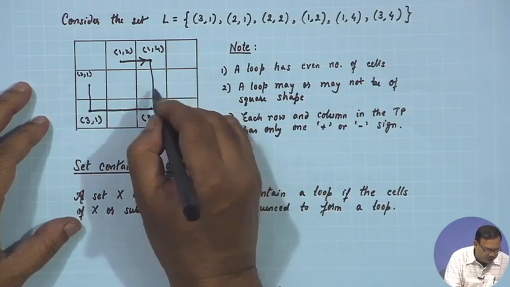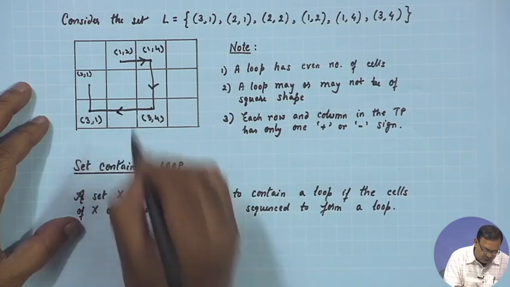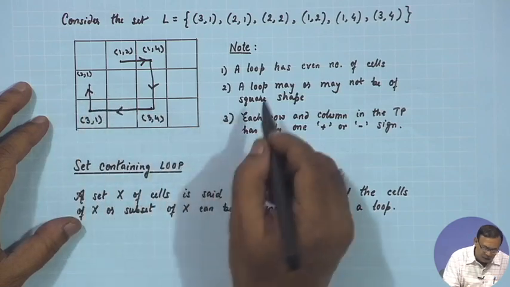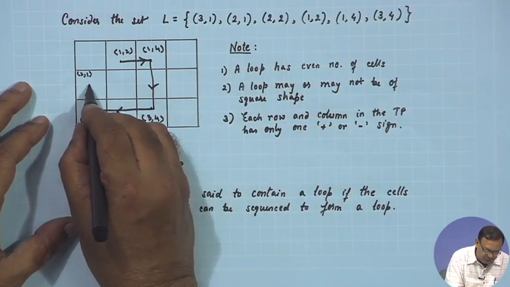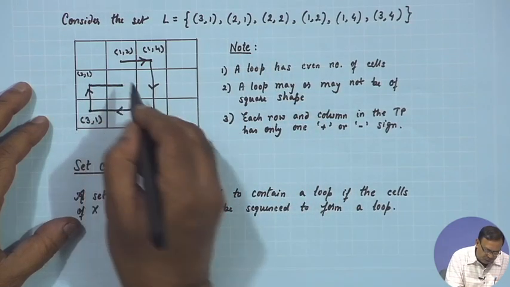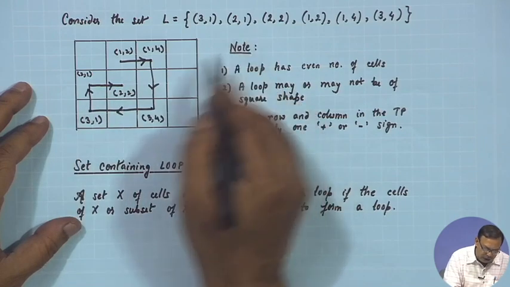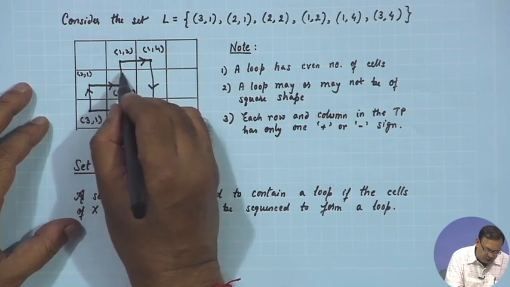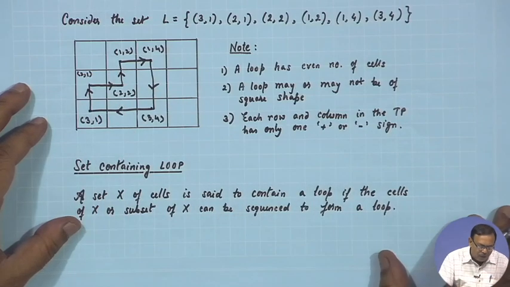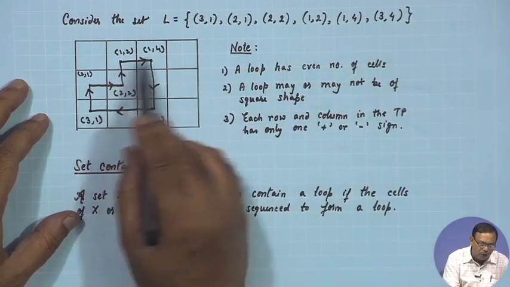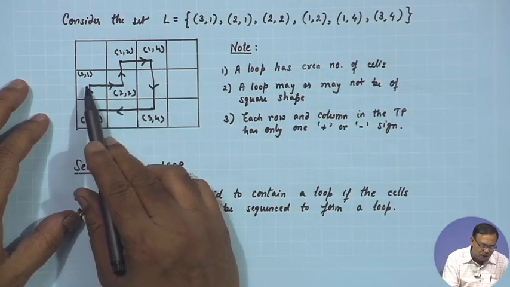So, I am following this arrow in this way. After that, I am going to 2 1, and 2 2 is there. So, I am going to 2 2. This is the point 2 comma 2, and again from 2 comma 2 I can go to 1 2. So, I have these points 1 1, 1 2, 1 4, 3 4, 3 1, 2 1, 2 2,